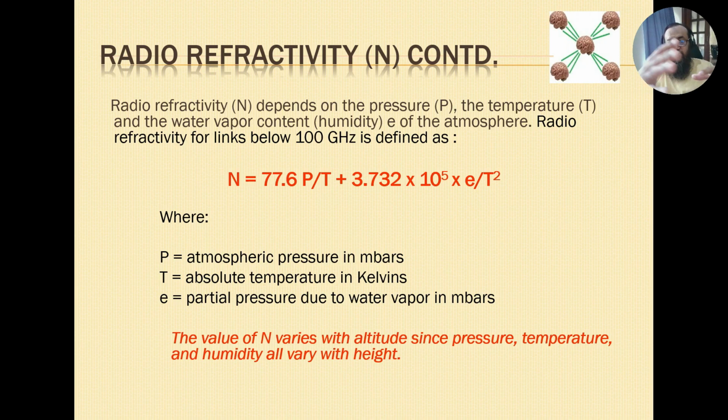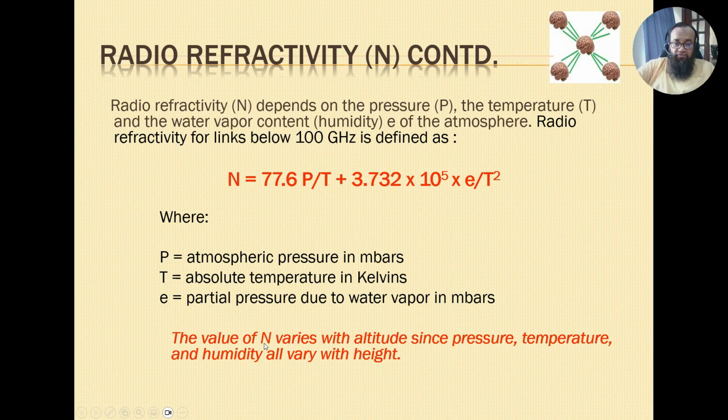So in the daytime it's a bit humid, in the night time it's a bit less humid. So night and day have very high differences. In the night the humidity is low and the temperature is also low. Two things go down, so your refractivity also goes down. But in the daytime, because the temperature is high and the humidity is also there, there is a change